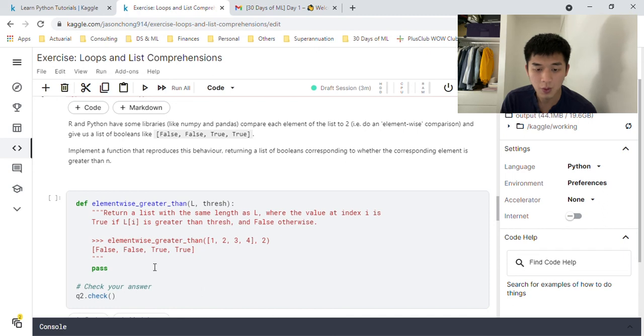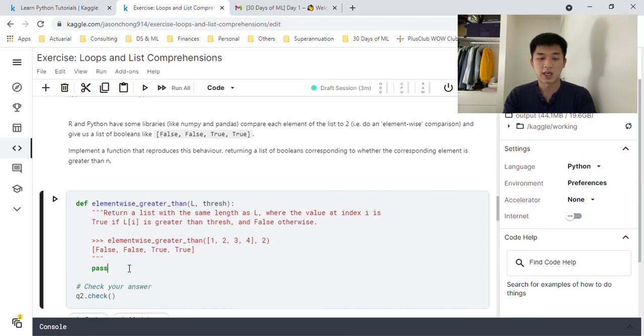Cool. So we want to loop through. L will take a list, and then we want to compare it to the variable called thresh, which is short for threshold. If it's greater than threshold, we want to return true, otherwise return false. So this involves a for loop because we have to loop through each element. So for i in L, if i